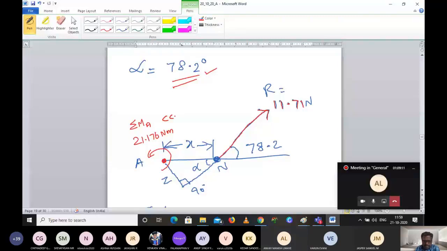Please listen carefully, others. And then we have calculated the resultant angle also. The formula is tan inverse of vertical by horizontal, am I right? So from that you can calculate alpha. You got 78. Now you have to calculate this perpendicular distance. So this is D. So how will we calculate moment about A? We know the relation by Varignon's theorem.